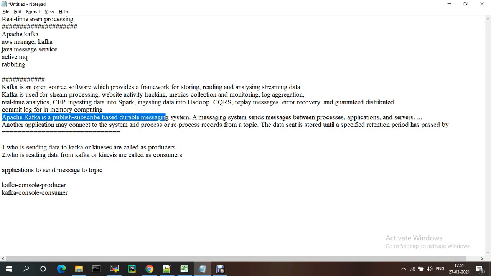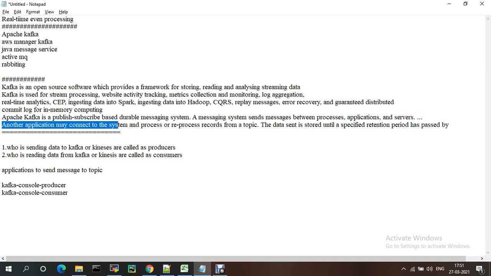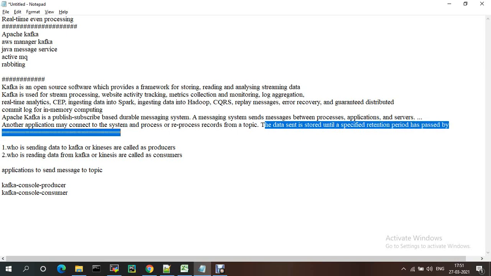Apache Kafka is a publish-subscribe based durable messaging system. The messaging system sends messages between processes, applications, and servers. Another application may connect to the system and process or reprocess records from the topic. The data sent is stored until the specified retention period has passed.